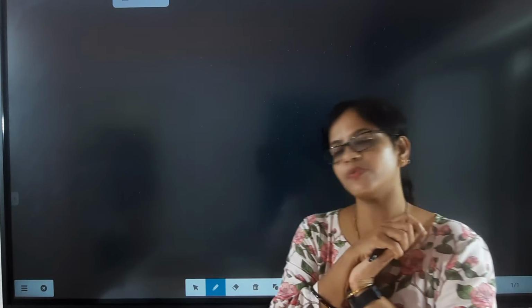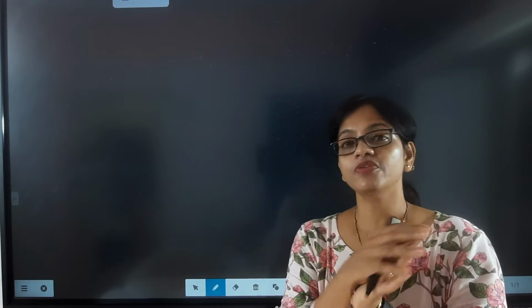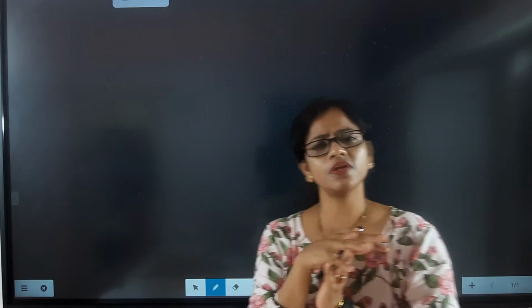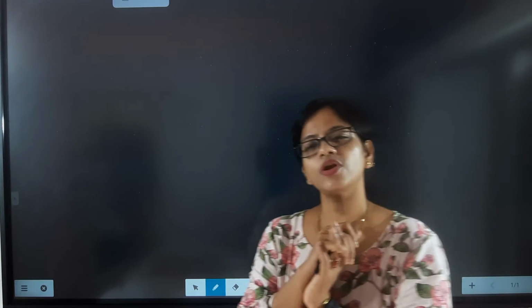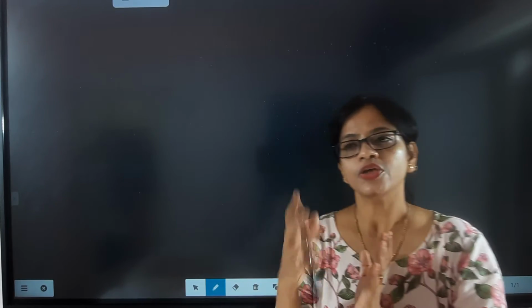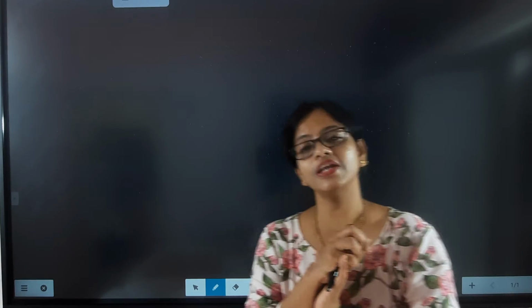Now, one very important point is that when they ask what will be the equation of tangent, what will be the equation of normal, you will be able to solve very nicely. But what if they say, what will be the length of the tangent, what will be the length of the normal, what will be the length of subtangent, and what will be the length of subnormal? Then what are you going to do? Then I'll tell you the formula with the help of which you can find the length of the tangent and the length of the normal also.